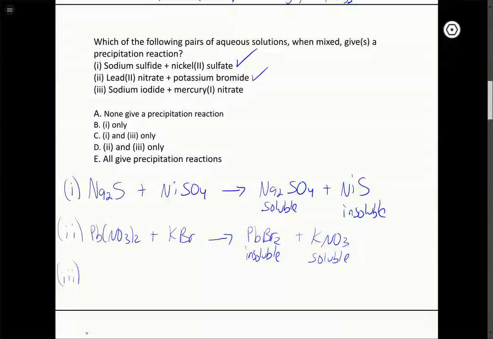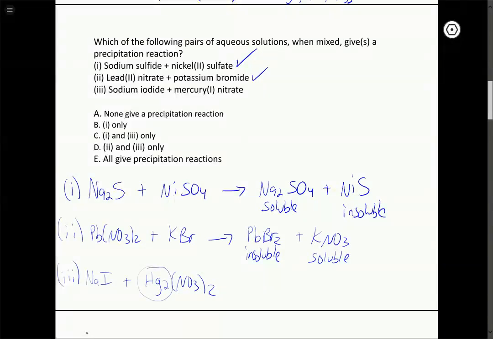we have sodium iodide, which is NaI. We're mixing that with mercury 1 nitrate. So remember that mercury 1 is this weird cation that has 2 mercuries, each with a +1 charge, so there's a total of a +2. So the correct formula for mercury 1 nitrate is this here, 2 of each, because this whole thing exists as